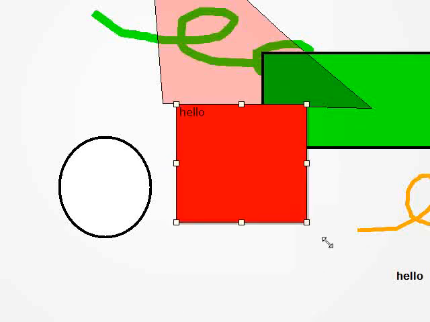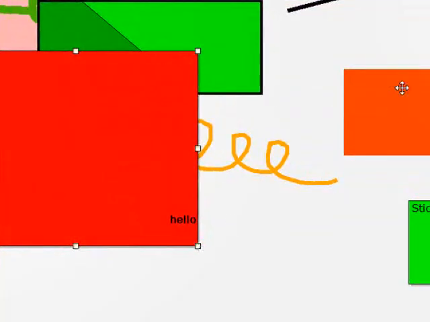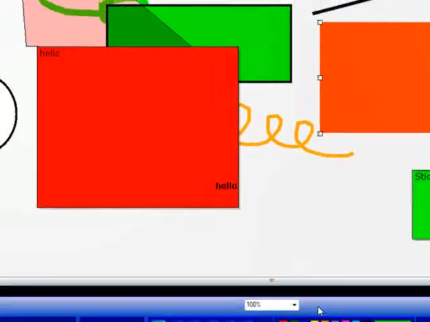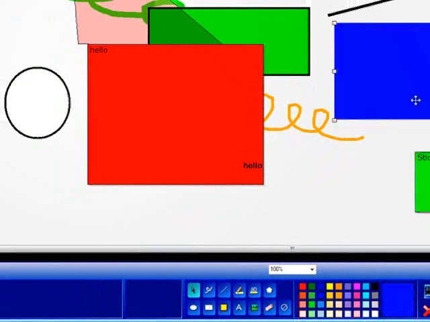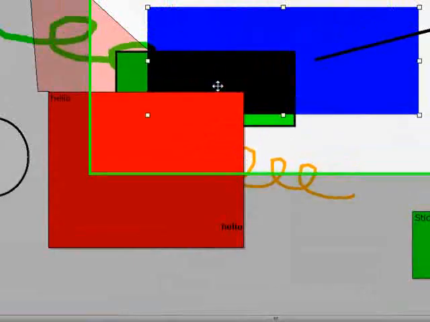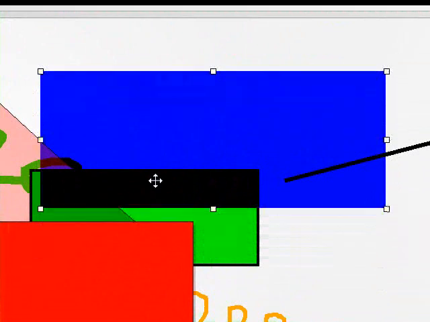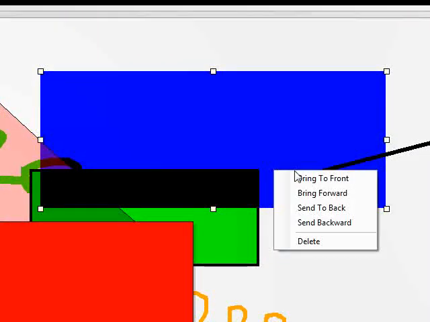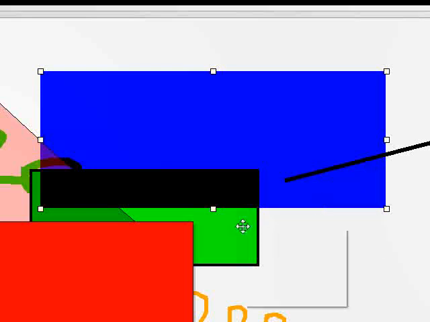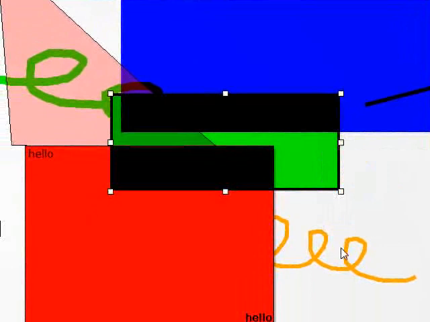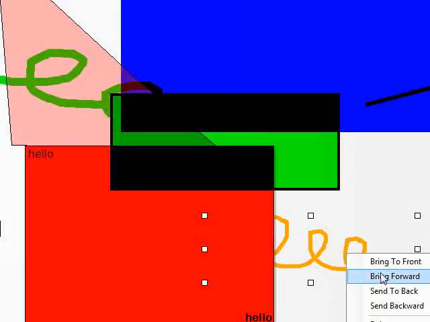You can transform the size of them. If you click on them, you can change the color of them. Then if you right click on it, it even allows you to layer them, where you can send it to the back, bring it forward, bring it to the front,